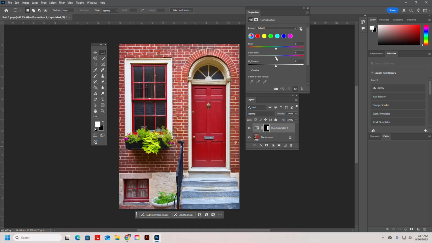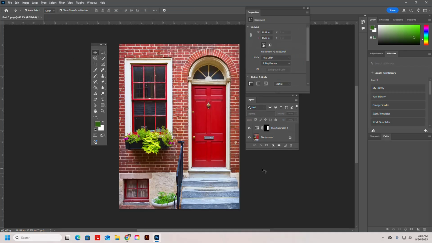Saturation, like we said, is going to add more colored pixels to an area that already has color. So watch the door here as I up the intensity, right? We could go totally polarized and go crazy with it, but it starts to affect other areas around it, right? So I'm going to back it off. I'm going to just bump it up a little bit, just to make it a little bit more red pop. But then the next thing that we're going to do, I'm going to come back to the selection tool